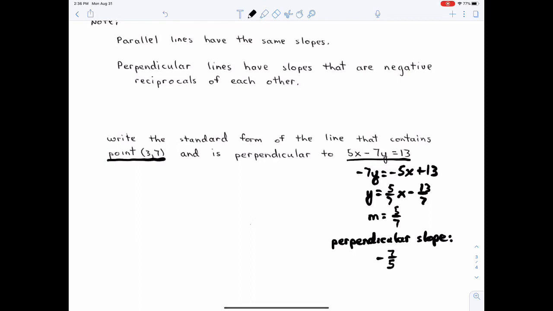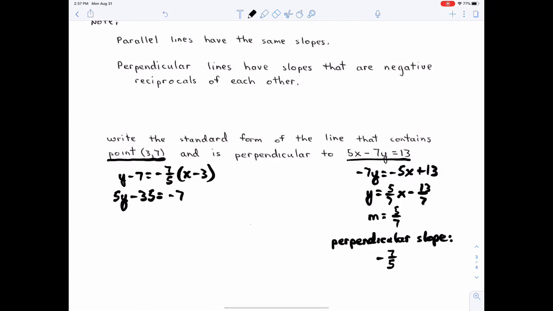All right? Remember, you want to find a point, you want to find a slope. And at this point, it just becomes the same as all the other problems. So I'm going to write the point-slope form. y minus 7 equals -7/5 times x minus 3. Okay, and now what do I want? I said I want the standard form of this. So again, I'm going to get the x and y on the same side of the equal sign, and I'm going to get rid of fractions first. So I'm going to multiply by 5: 5y minus 35